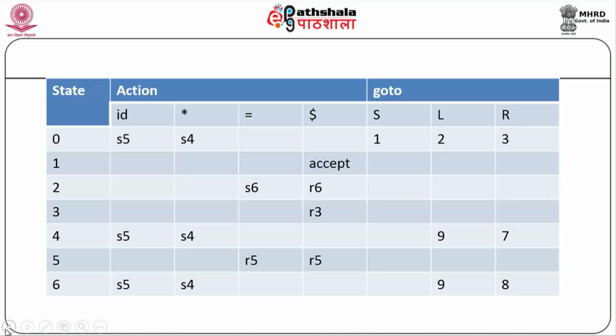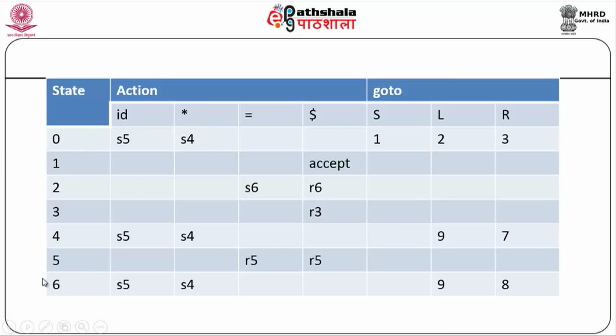Where we had around 14 states from 0 to 13, I have now merged and represented them as a single state entry. I have not shown it here as 3, 6 and 4, 7 as we did in the earlier example. I have done it from scratch, where I am combining and showing you the LALR parsing table as though it is going to be developed as a fresh one. So here I have 0 and ID. 0 comma ID is S5, 0 comma star is S4.